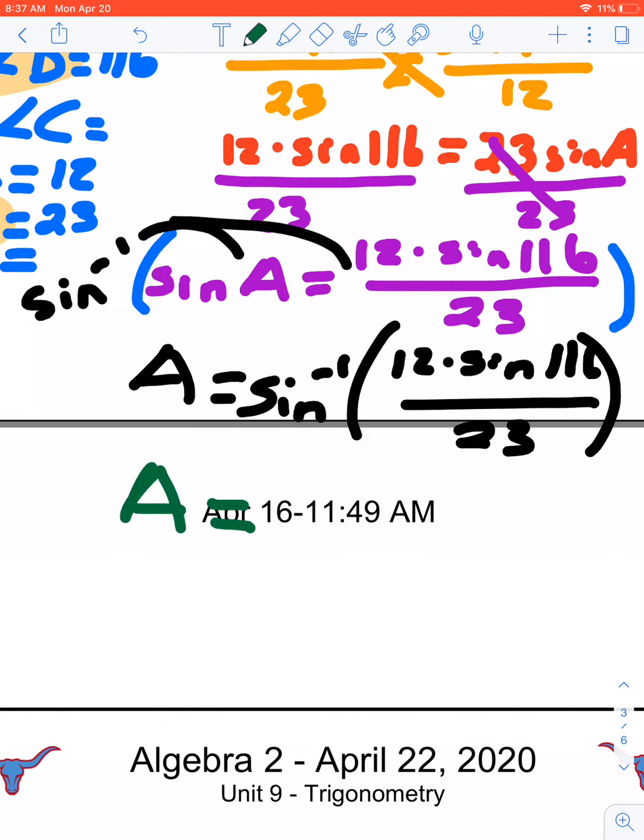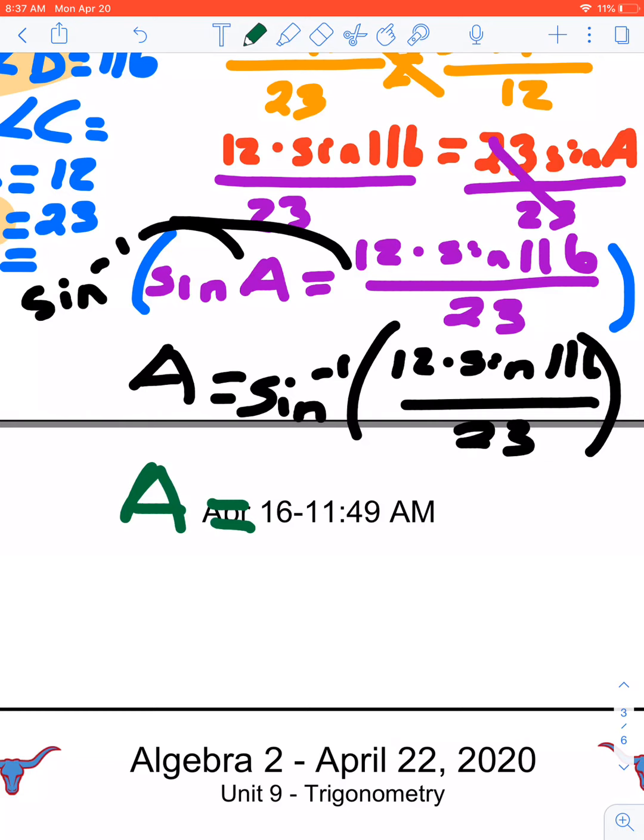So what I like to do on my calculators, I like to do 12 times sine of 116, enter. Again, make sure your calculator is in degrees, not radians. And then I like to divide that by 23 and enter. And right now I'm at 0.468936. I take as much of that fraction as possible. And then I do the sine inverse